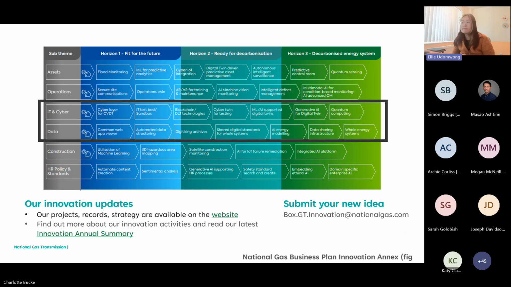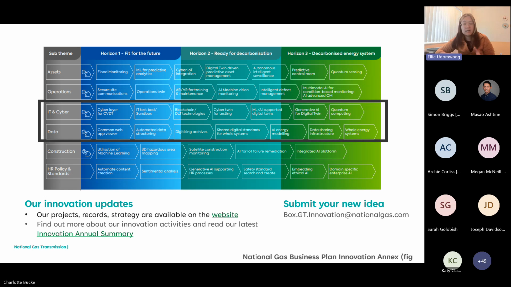This is just a very quick one. On the website, we also have the T3 or RIIO-T3 strategy for innovation, to give the public an understanding of exactly what we are planning to do in the next 5 years. Obviously, the areas relevant to the energy system or whole system are highlighted on the site right now. But innovation is at the heart of what we do, so our project and strategy documents are all available on our website.